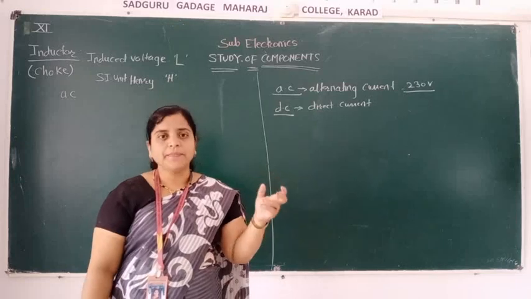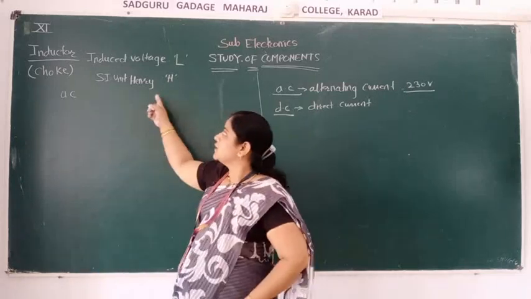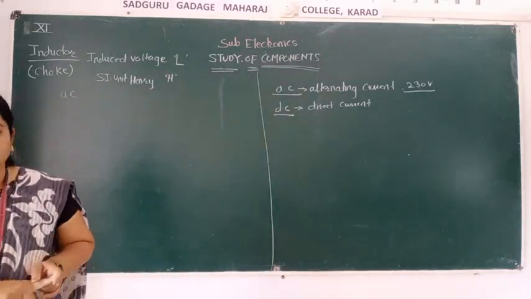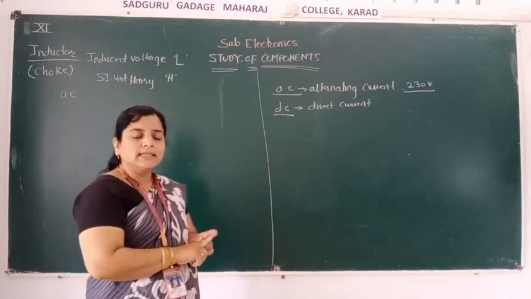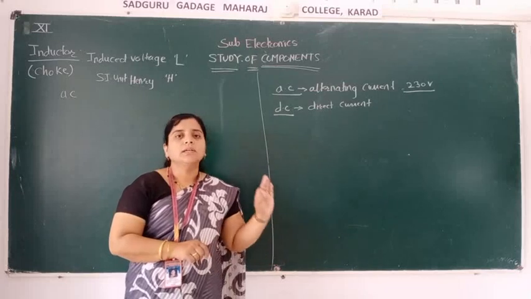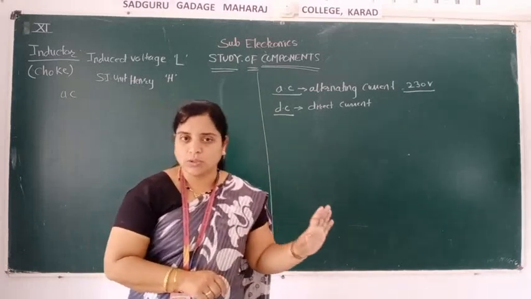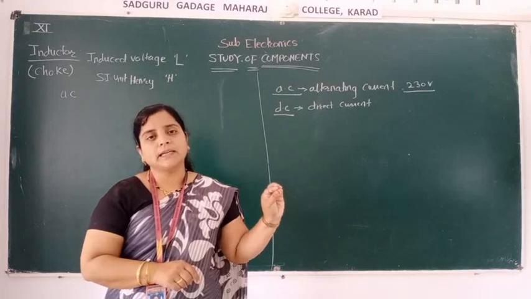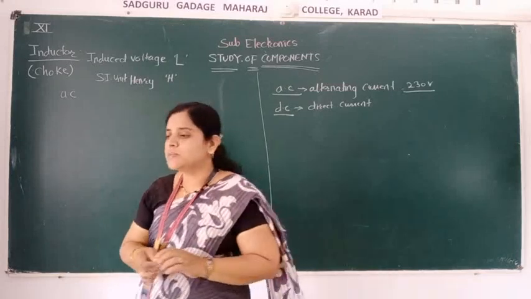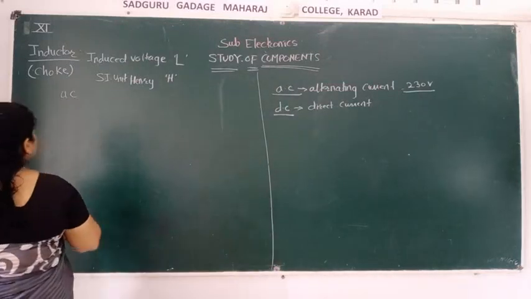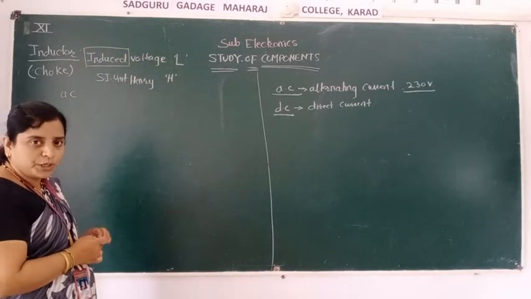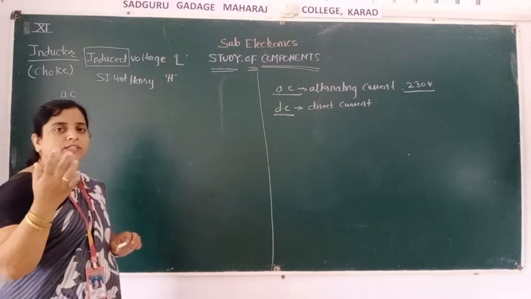At that time, the inductor induces voltage when current is passed through the circuit and the current varies. So the current always varies when AC is used. When AC is used, the current keeps changing, and then the inductor induces voltage. What does induce mean? It gives rise to. What is the exact meaning of induce? It is nothing but it gives rise to.